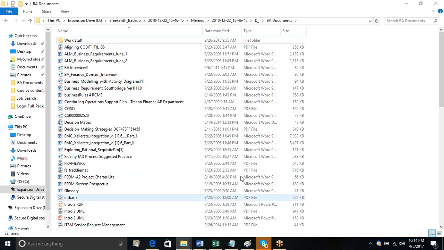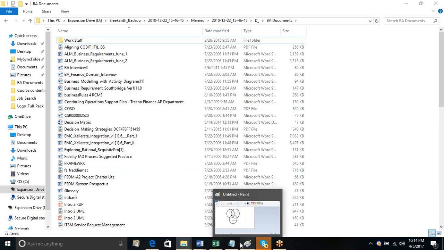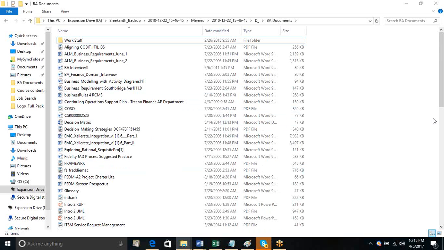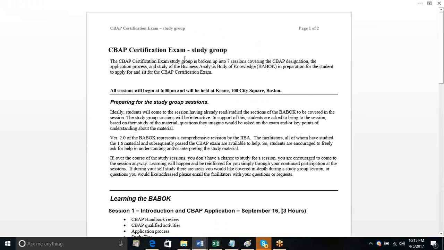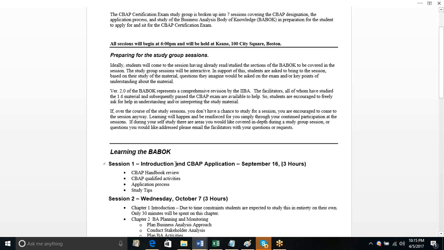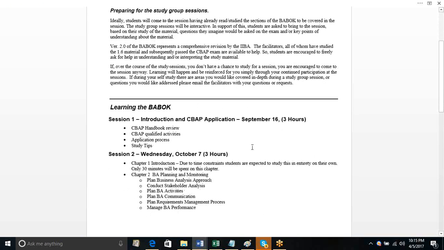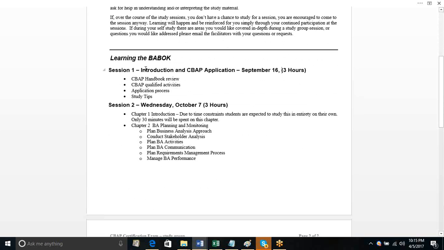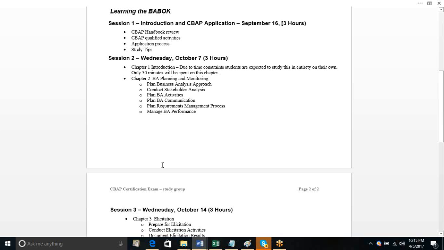The other thing you would get is the BOK, B-O-K, which is nothing but the business analysis body of knowledge. This was something I did a long time back for the CBAP certification, in terms of how we should divide and conquer it for the certification program. So we would also help you with that. The business analysis body of knowledge is very dry,